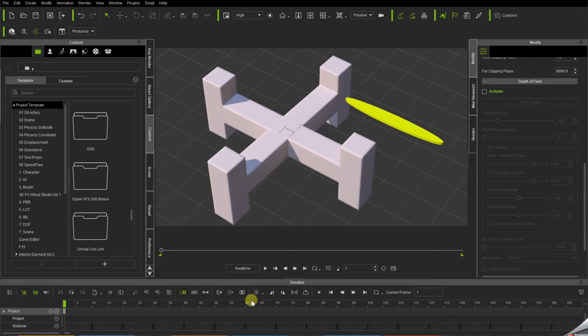So this is a way to make a drone with spinning rotors, or a helicopter with a spinning rotor, without having to hand animate the rotation of the props. We're going to use the physics constraint to do that. So what I've done is I've constructed a quick base that I'm using for my drone mock-up, and I've also made a little rotor blade thing that I'm going